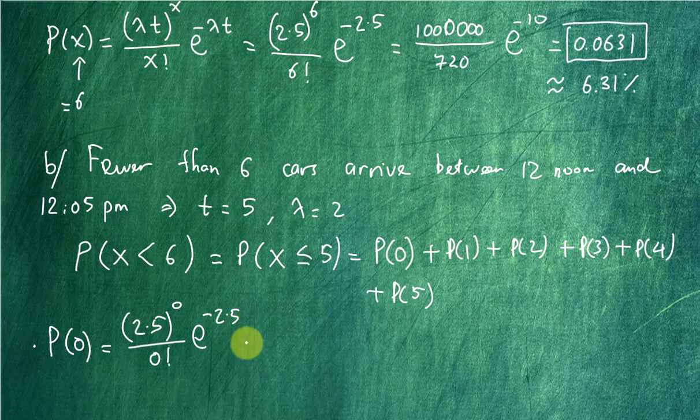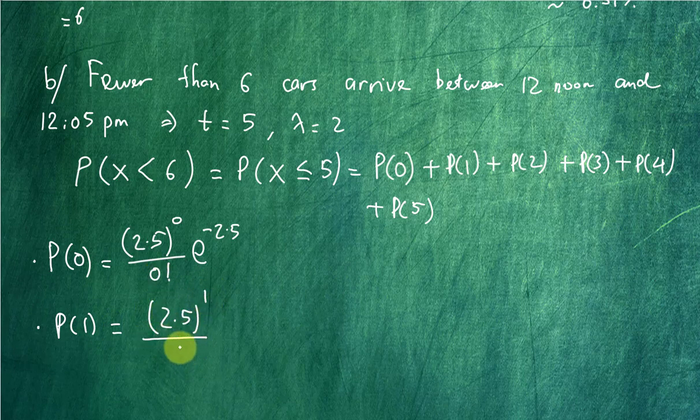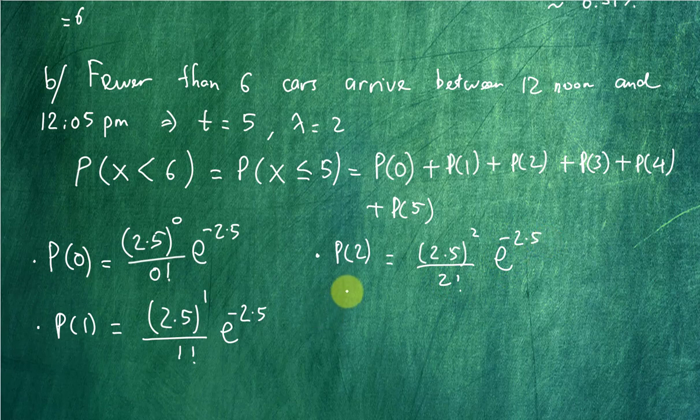And we will have to do the same thing for p of 1, p of 2, and p of 3, and p of 4, and so on. So p of 1, we have 2 times 5 to the power of 1 over 1 factorial, and then e to the minus 2 times 5, and then p of 2 equals 2 times 5 to the power of 2 over 2 factorial, e to the minus 2 times 5, and then so on. And then once you find all the values of p of 3, p of 4, p of 5, you will add all of them together, and then the answer should equal to